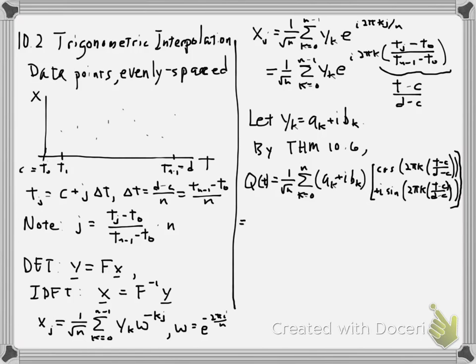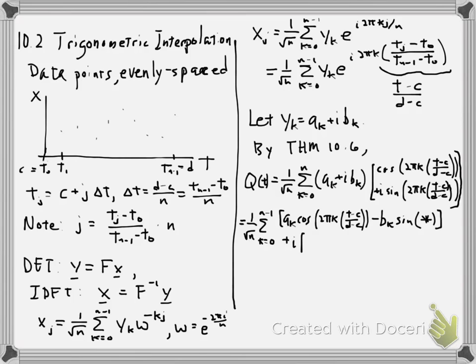So this is the form of the interpolant at this point, but just by substituting in what y is and by using Euler's formula to convert the exponential to sines and cosines. Now if we multiply things out here and combine real part and imaginary part, we get 1 over square root of n sum from k equals 0 to n minus 1. Now we have a real part. The real part is a sub k cosine of an angle 2 pi k times t minus c over d minus c, and then minus b sub k sine, and I'm just going to put an asterisk because we have the same argument that's in the cosine, and then plus